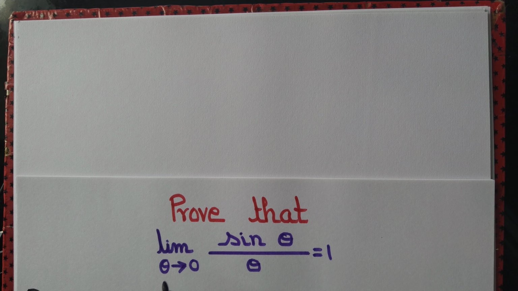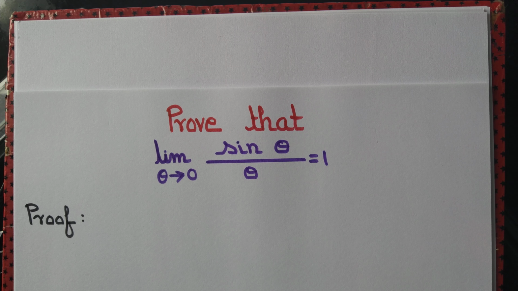Let's prove that the limit as theta tends to 0 of sin theta by theta is exactly equal to 1. So we want to prove this equality. However, we will be using inequality. More precisely, we will be showing that sin theta by theta is less than or equal to a quantity nearly equal to 1, and then sin theta by theta is greater than or equal to a quantity nearly